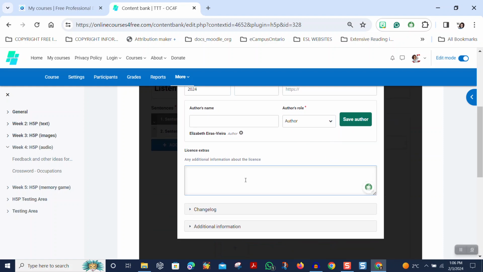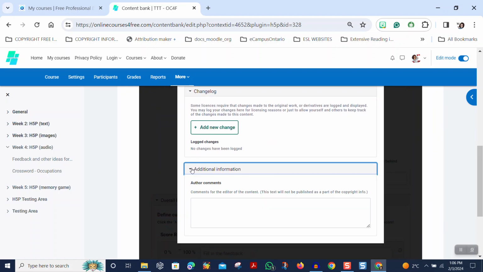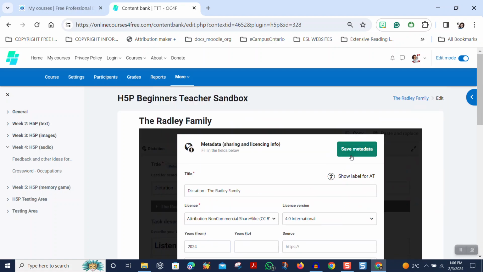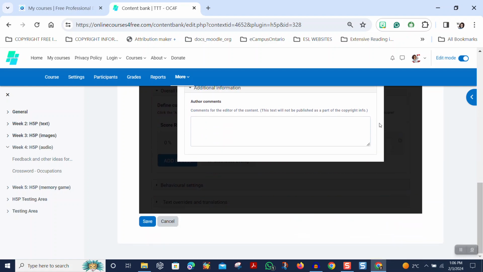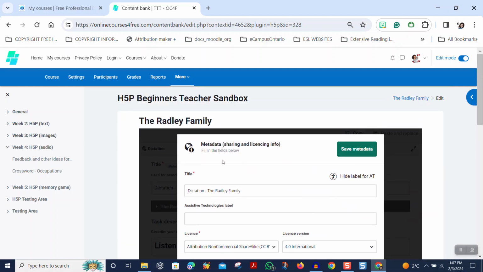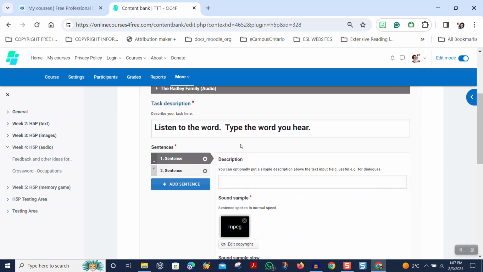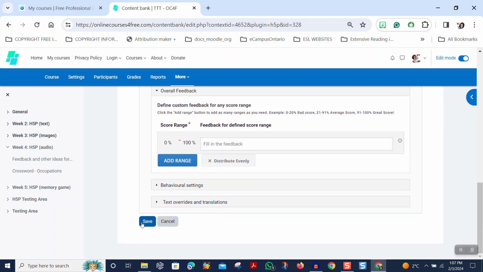And here you can type license extras as we talked about in our video this week. And here you can add things if you wish. Change log, I don't know what that does. I'm going to leave it. And author comments is if you want to make any comments, you can leave them here. And here I want to show attribution, so AT. We talked about this at today's live session, so I'm going to do that. I'm going to close this now, so save metadata, and I'm going to save,